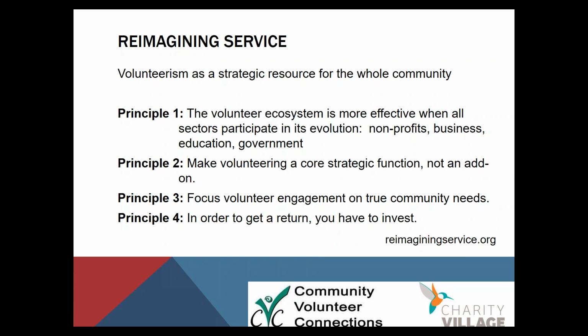In order to get a return, you have to invest. So this is a message that, at Volunteer BC, we're certainly telling organizations, but organizations tell us, yeah, we already know. Can you talk to our funders about that? So we're talking to their funders about that. If you're a funder on the line, we're happy to talk to anybody at any time about what it actually takes in terms of cash and staff resources to run an effective volunteer program. Because it does take an investment. It's just that it's worth the investment.